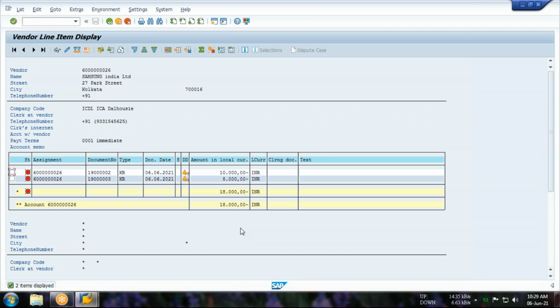Now what I'm trying to do is, sir, I'm going to make a payment of 15,000. Guys, please focus. I'm going to make a payment of rupees 15,000. I have to make a payment of 15,000. If I make a payment of 15,000, the entire bill amount will not be cleared. Can I say the first bill of 10,000 will be cleared, and the remaining 5,000 will be adjusted with this bill?